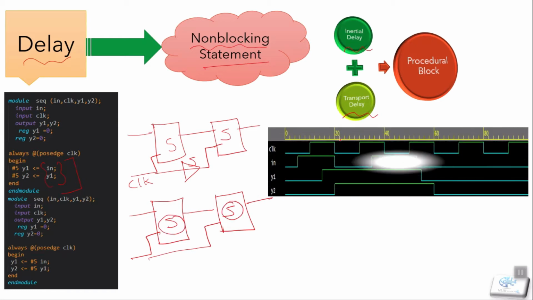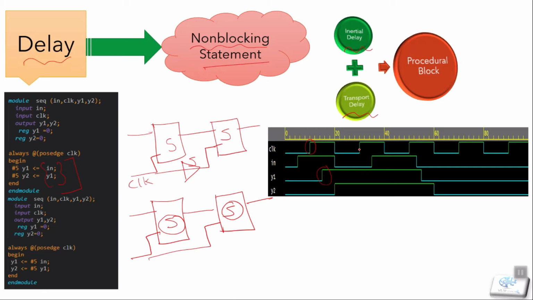So about this waveform, to get a better understanding. Firstly, the initial delay on our non-blocking statement. We have our same input and clock. Here we get our output on y1, and it goes high, high, high.